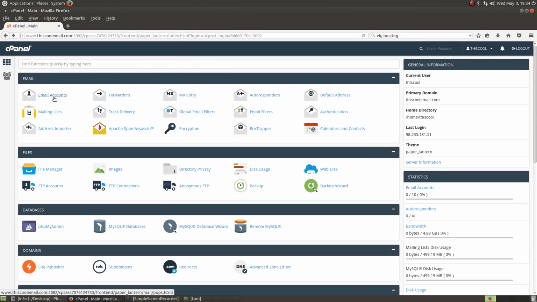So inside of here, we have email accounts, forwarders, MX entries, autoresponders. Forwarders are nice if you just want to, we use these in one project where we don't even set up emails. You can set up a forwarder in cPanel, and without an email address being created, if somebody sends an email, so if I wanted to be at